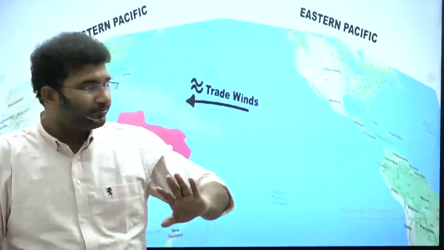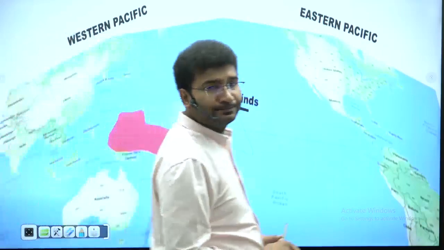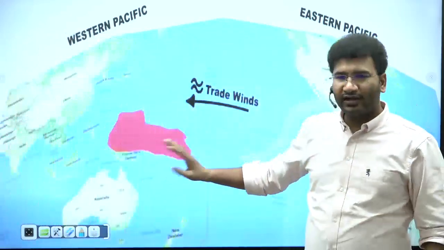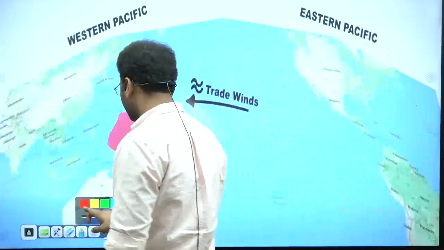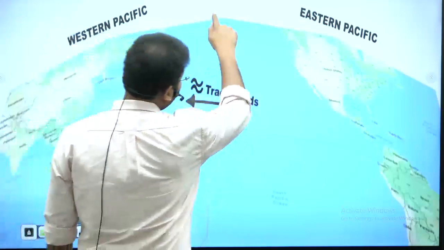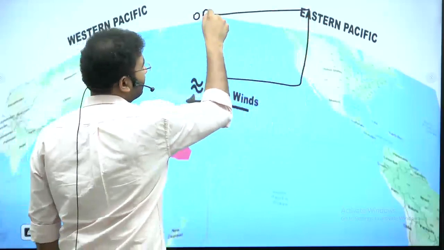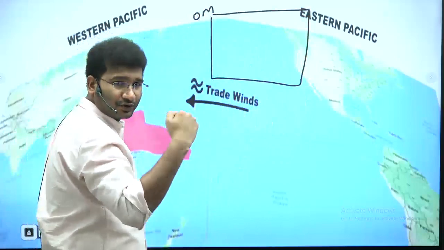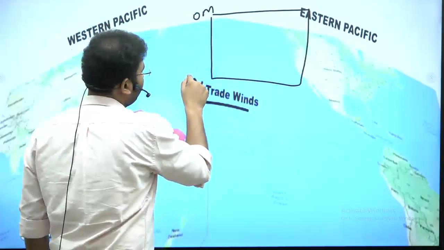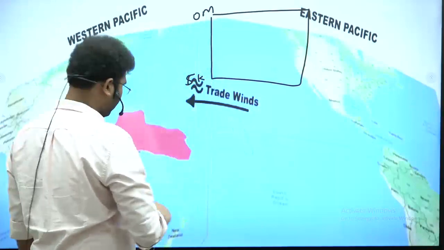Suppose I have warm water here. Thermocline is a layer, it is this layer. If you remember, I have drawn a graph like this, here 0 meters of the depth of the ocean, and this is 5,000 meters depth of the ocean. I told you that